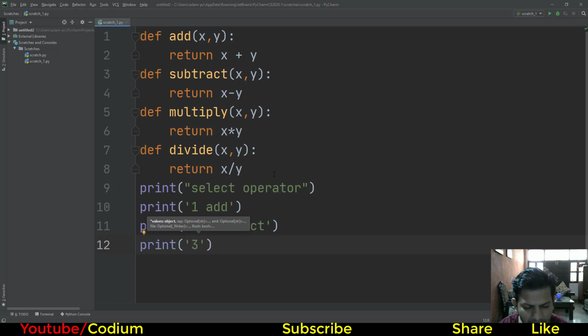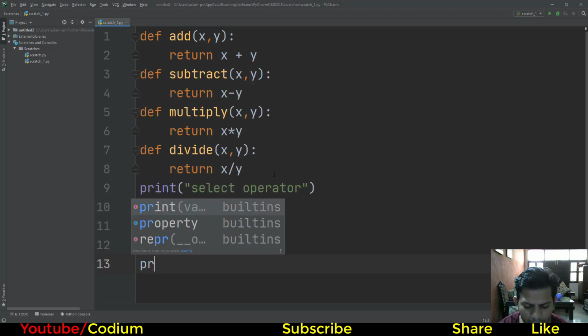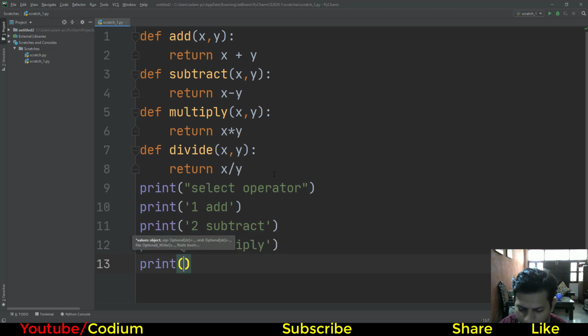These are strings. They do not make the program run when you press 1; we write other lines for that. This is the message only. Then print 4 for divide. Okay, now this message appears.